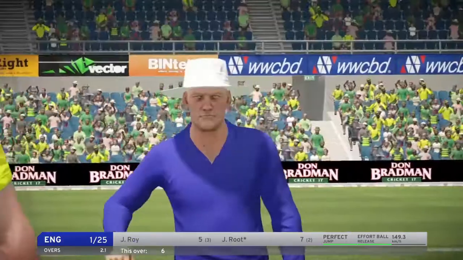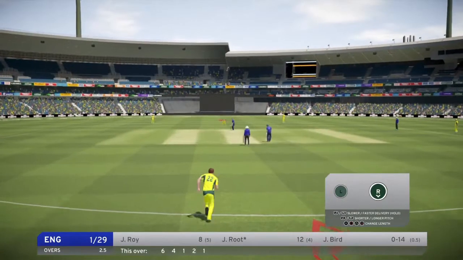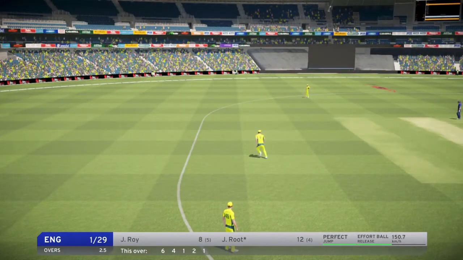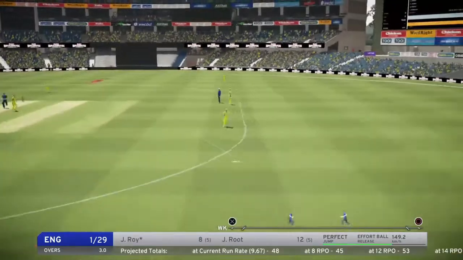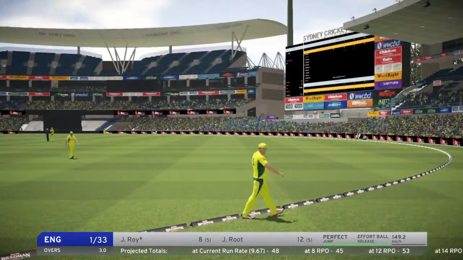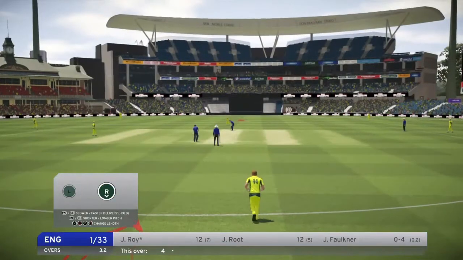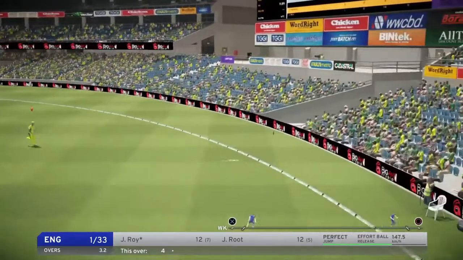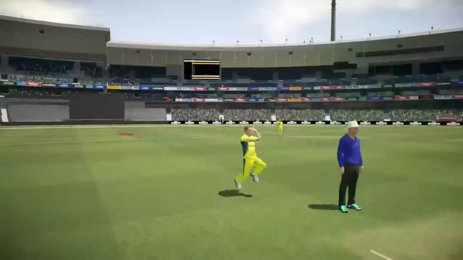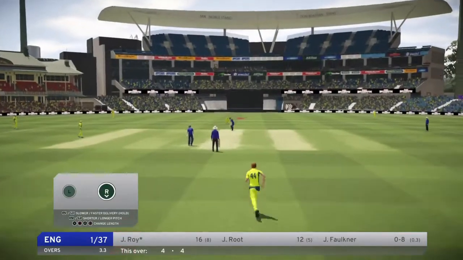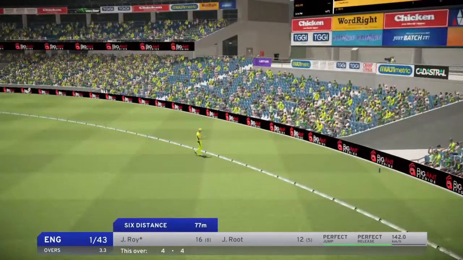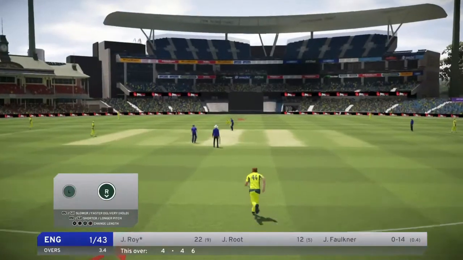Although the commentators very often make the wrong call, which makes it not very good. And they also don't speak for very long periods of time sometimes. Like I've had games on Ashes Cricket where the commentators haven't spoken for about 4 overs at a time, so the commentary needs to be improved. So the commentary for Ashes Cricket is pretty much the exact same as the commentary for Don Bradman Cricket 17,